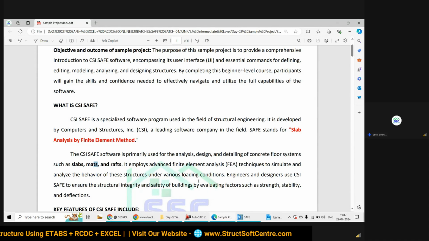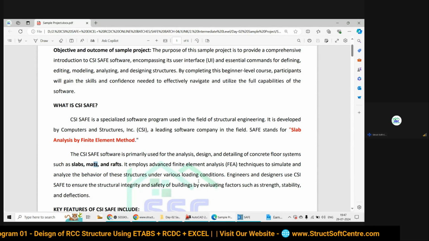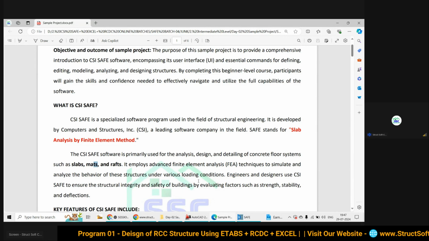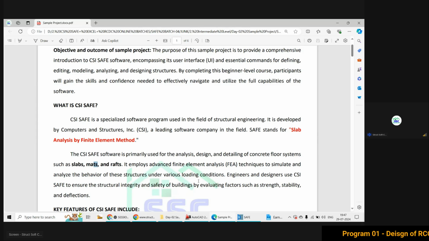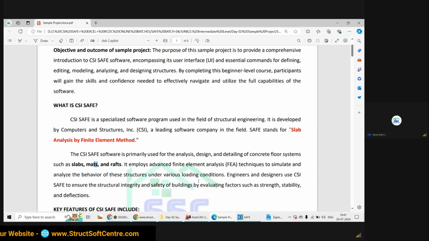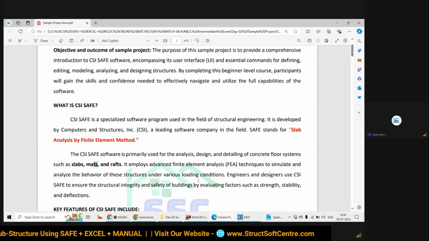If you would like to do conventional analysis and finite element based analysis, you can do it with CSI SAFE. Design you can do in this software, scheduling and detailing also, and you can deal with all types of geometries.